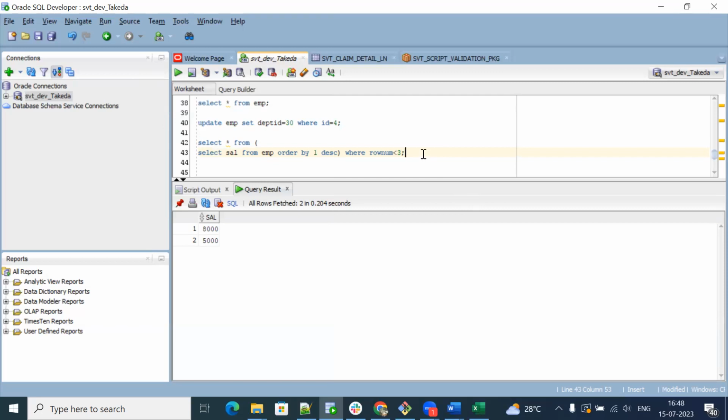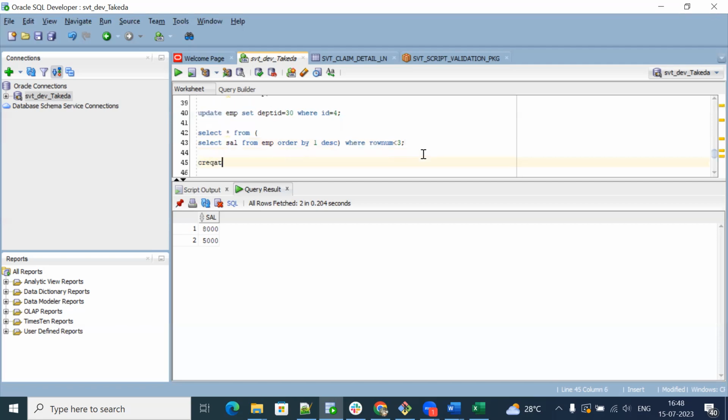Whenever we hit the view, the data will be extracted from the original table and displayed to the user. Okay, let's go ahead and try to create one view. Let's say I have created one view. Create view, let's say v_employee, as select